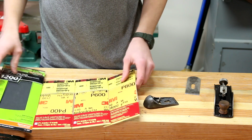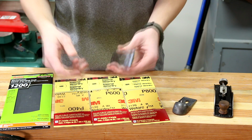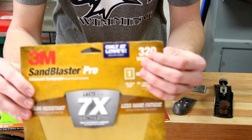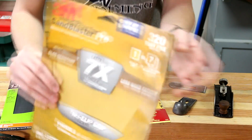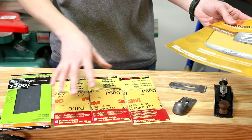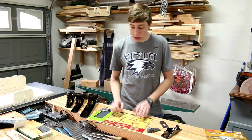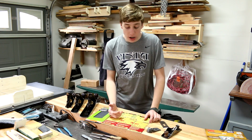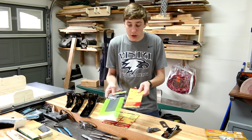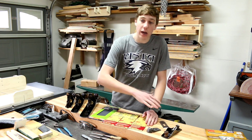So these are really the main four, and if you just restored a tool and you haven't actually had a good edge on the blade, you might need to reinitialize the blade, and for that you could easily just use a little bit coarser sandpaper, maybe a 320 or even a 220 if it is that dull. But for most of us who are just needing to sharpen up a blade and not go through the entire process, you probably wouldn't need to use this. And one thing you might find is maybe your blade isn't really all that dull and you don't need to go through all of the grits. You might need to only do the top two. It is really up to you on how often you should sharpen your blade, depending on how often you use